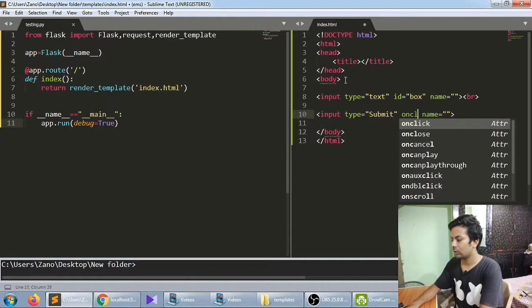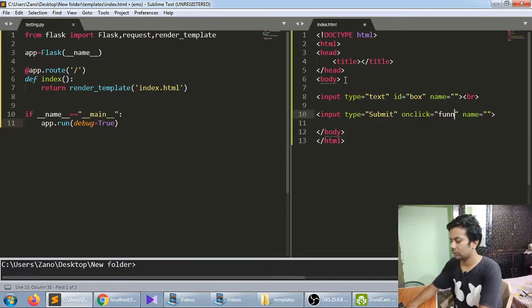Let's make its onclick call a function called fun. For now we're just making it; afterwards I'll show what you have to do in the function part. Basically that's the Ajax part, but the function is still called fun.